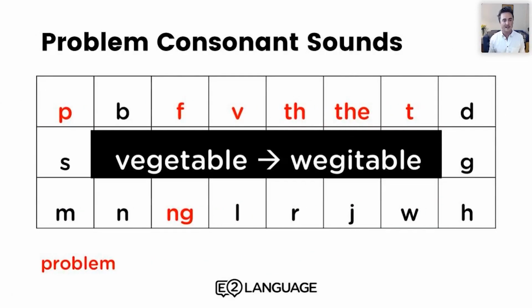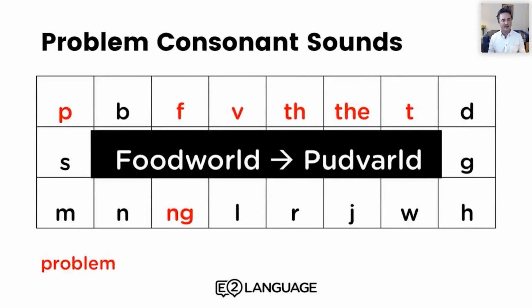So here's a practical example of this. Look at the word vegetable. There's certain standards and norms about how people say the word vegetable in English. But often when a South Indian speaker would say vegetable, it might sound a bit like wegetable. There's an influence here from the v to the w sound. There's also an insertion of a vowel that doesn't exist. So that's just one example.